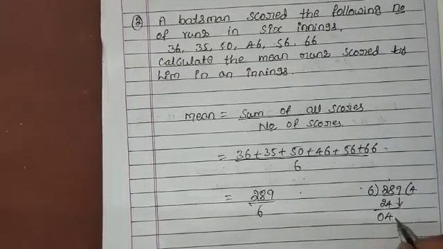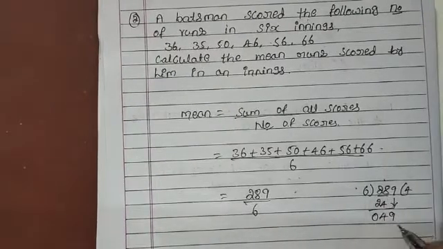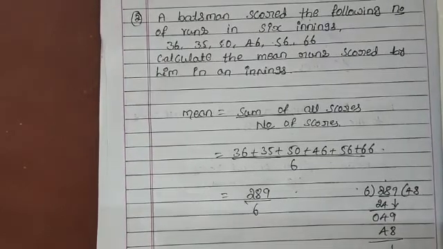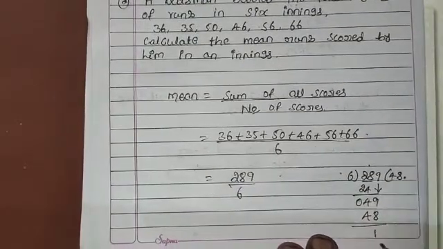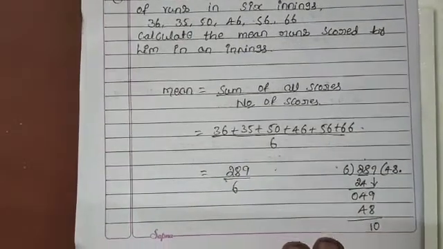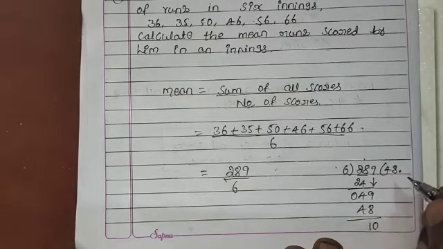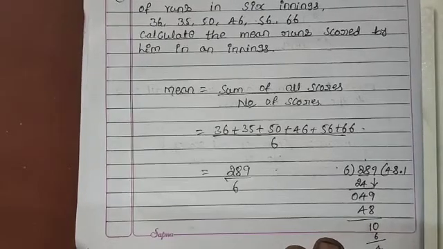Now we take the next digit. 6 divides into 14 how many times? 8 times. 8 sixes are 48. We get 1 as the remainder. The 1 is less than 6, so we put a decimal point here and write 0. Now it becomes 10. 6 divides into 10 one time, 6 ones are 6. Again we get 4 as the remainder.